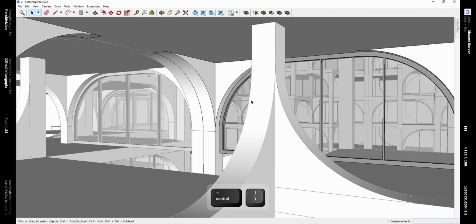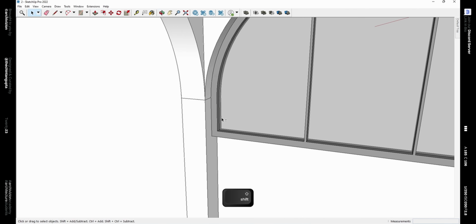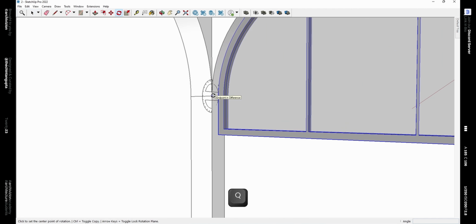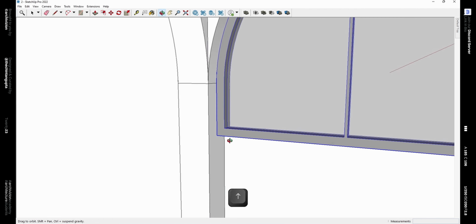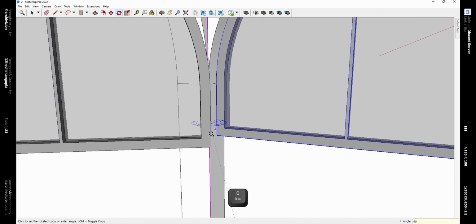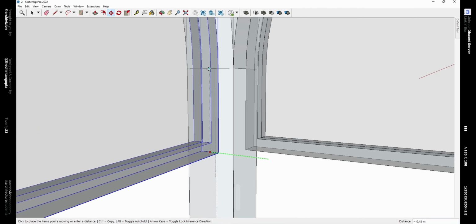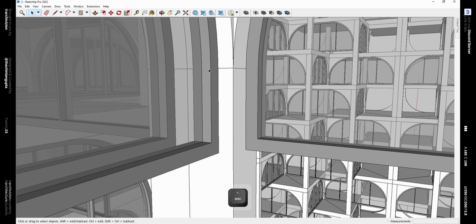Now going inside this component, we need to rotate a copy of this window panel by using the rotate tool, the shortcut for which is Q, and then pressing the Control key on your keyboard and then rotating it by 90 degrees like this, and then toggling the X-ray mode from the shortcut X and then placing it using the midpoints.